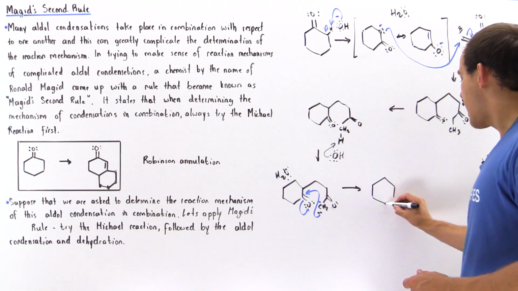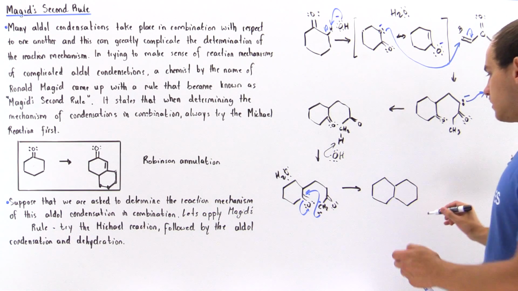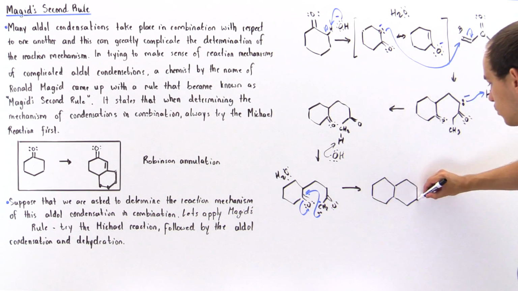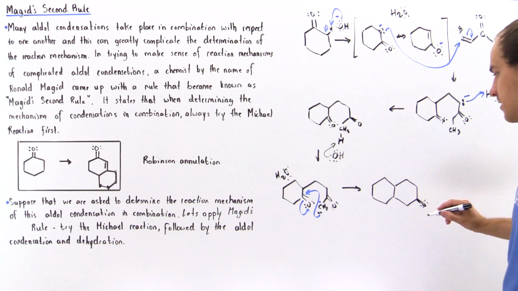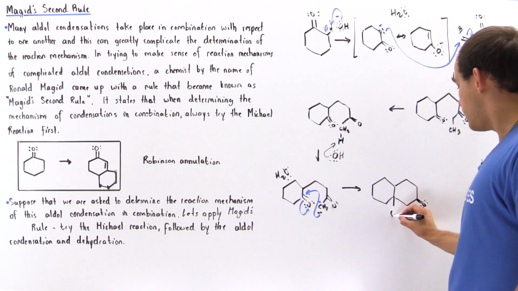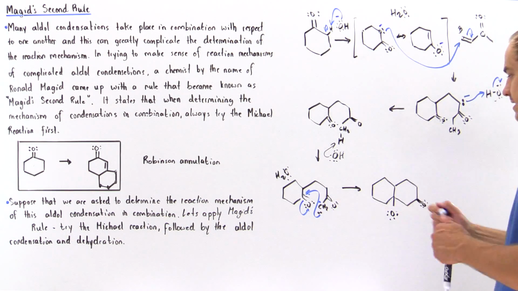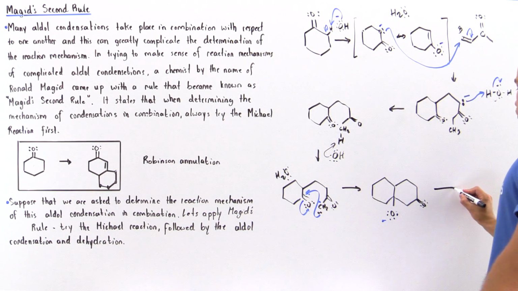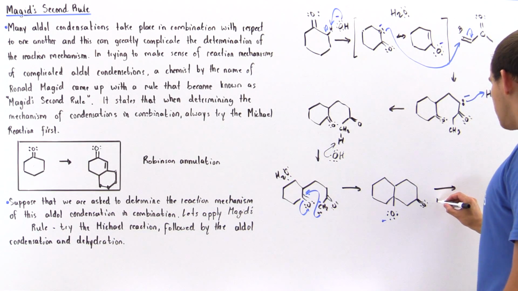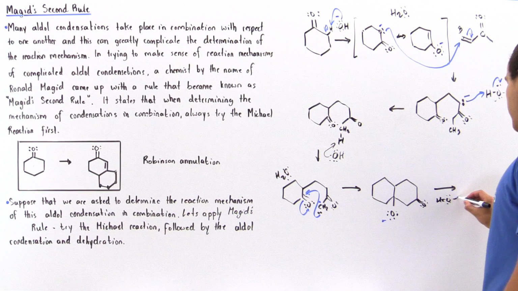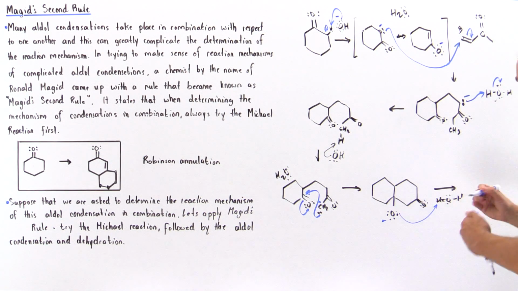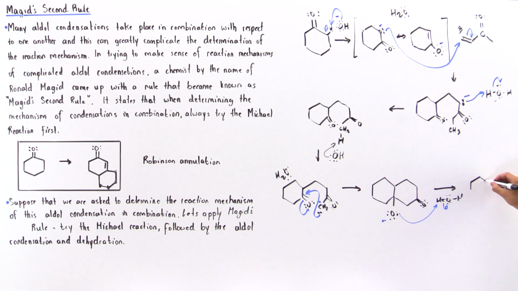So we form our 2 rings here. This is the bond that is formed in this step, and we have our oxygen double bonded to this carbon here. We have our bond formed here, and we have our oxygen atom that has a negative charge right over here. In the next step, the water molecule that was formed in this step basically acts to protonate this oxygen here. And so this oxygen grabs our H atom, displacing this bond, forming our hydroxide as well as this molecule here,